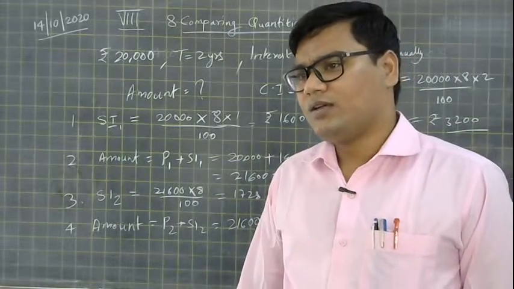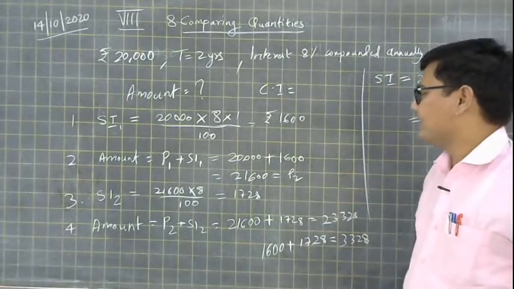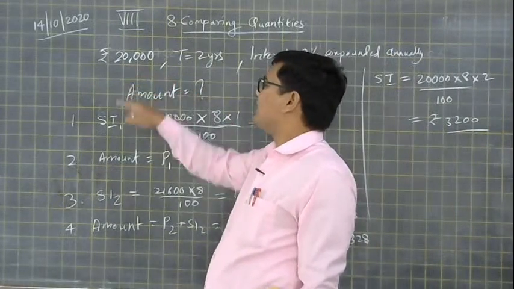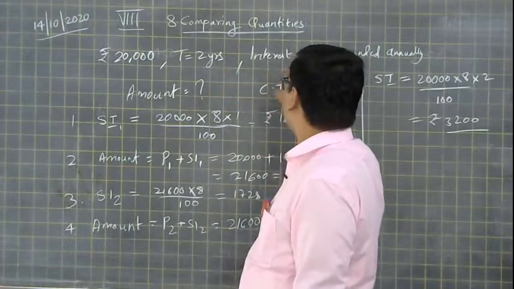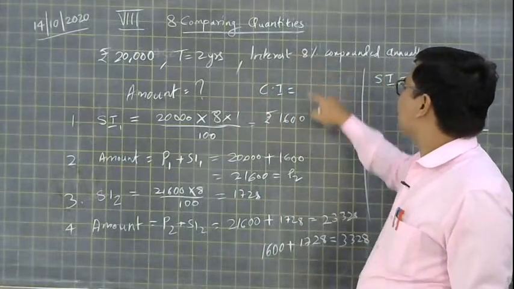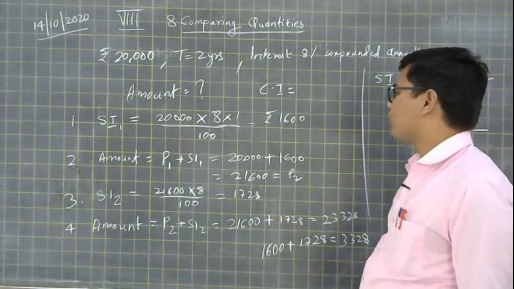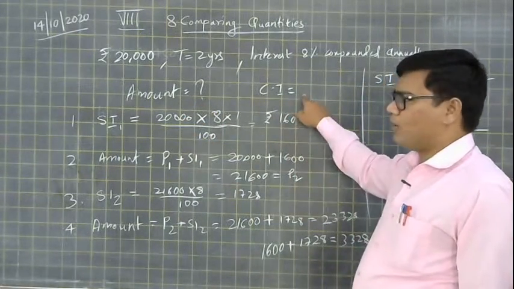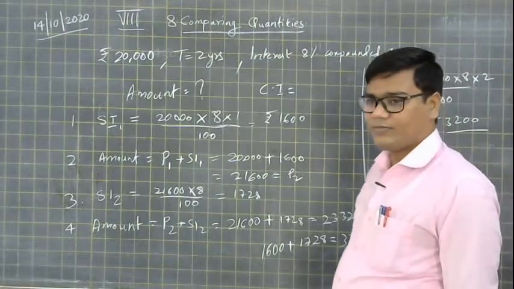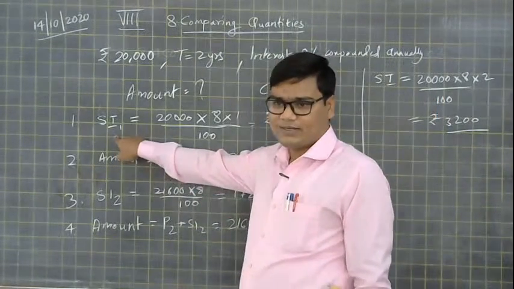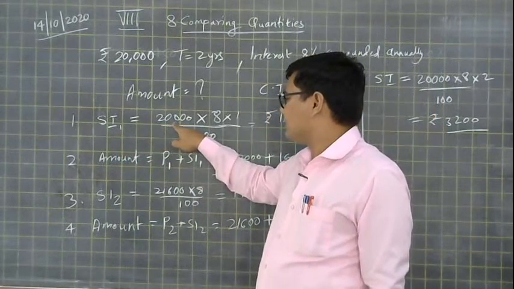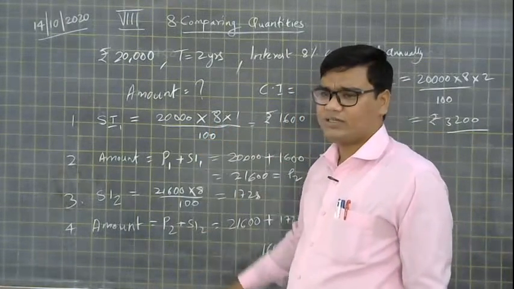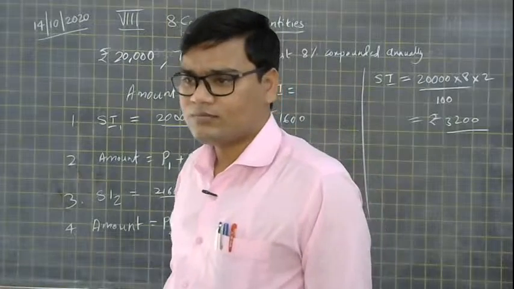Okay. Now let me explain it once again. The principal was rupees 20,000, time was 2 years and the interest rate is 8% compounded annually. We have to find the amount and the compound interest. So first we calculate SI1, simple interest 1. This is PRT upon 100. So 20,000